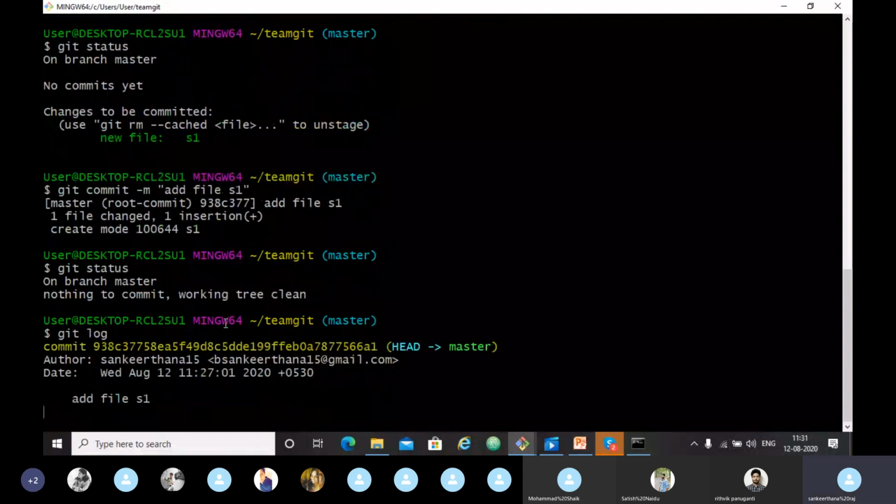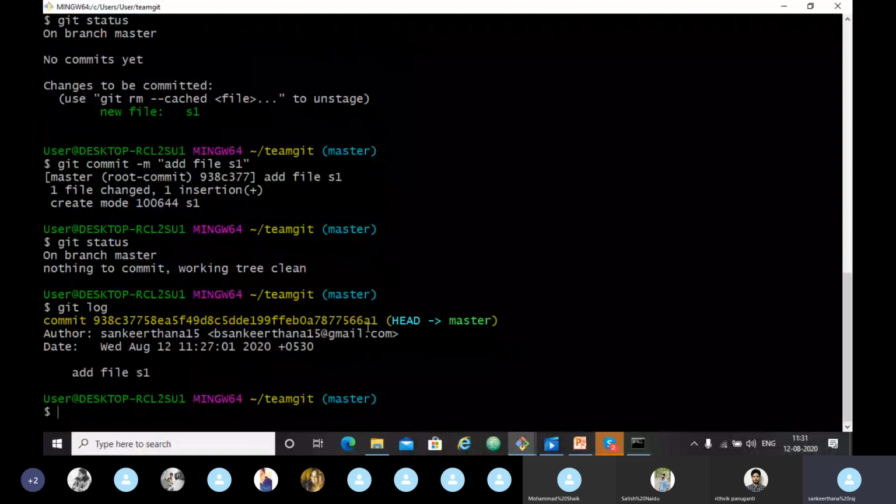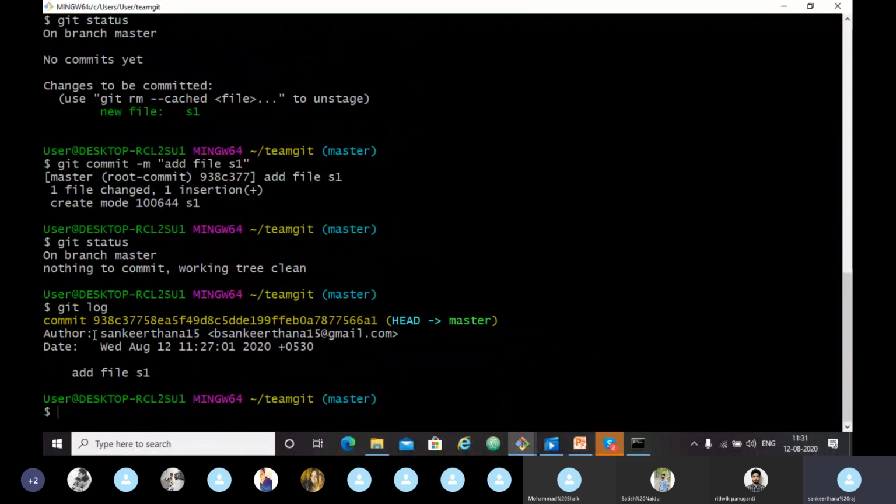See, this is the 40 character hash I'm talking about. This is our master branch. Who did that? Author, myself. Date, Wednesday, August 12, and the time. What I did: add file S1. This is why we call Git secure. It gives the details of who did what.